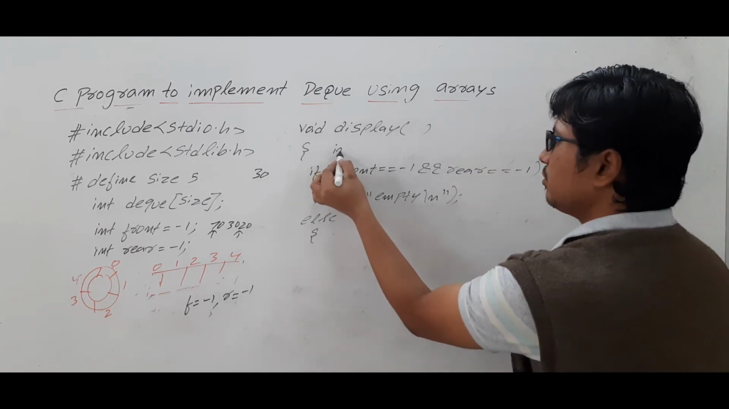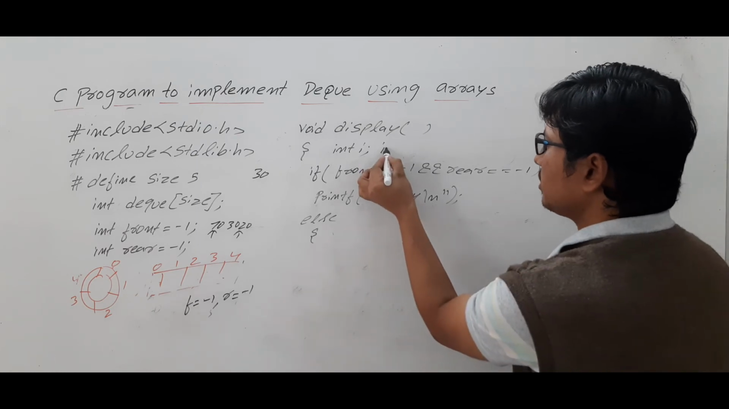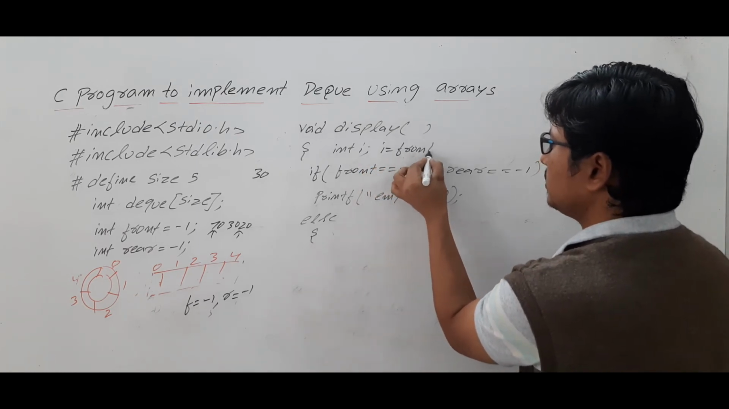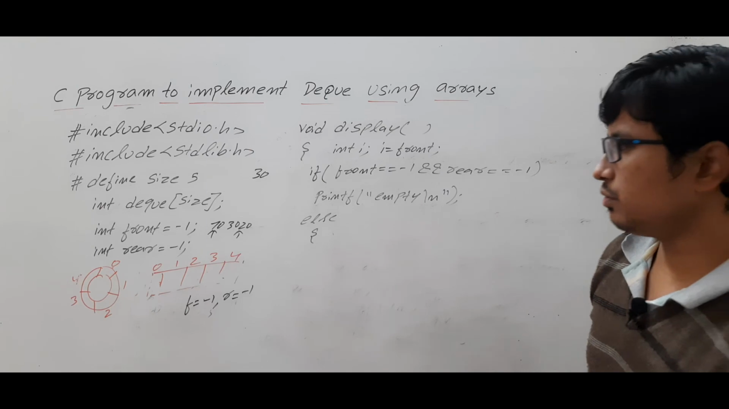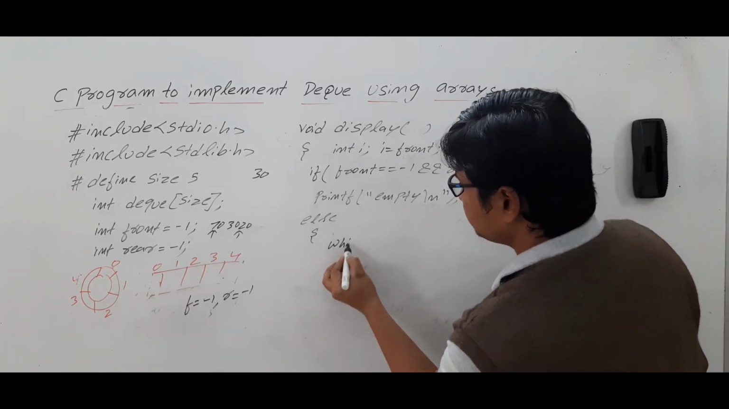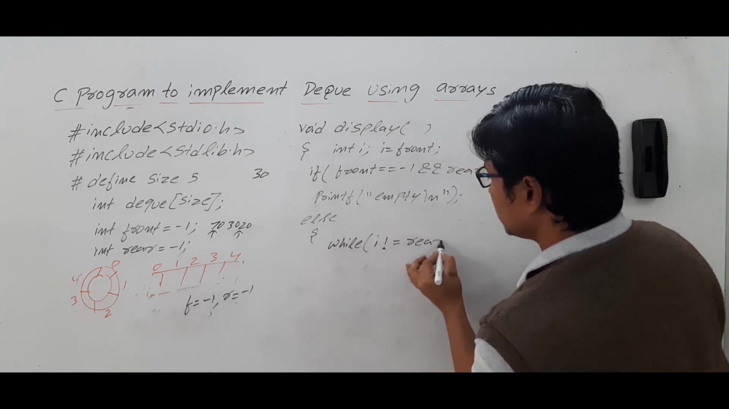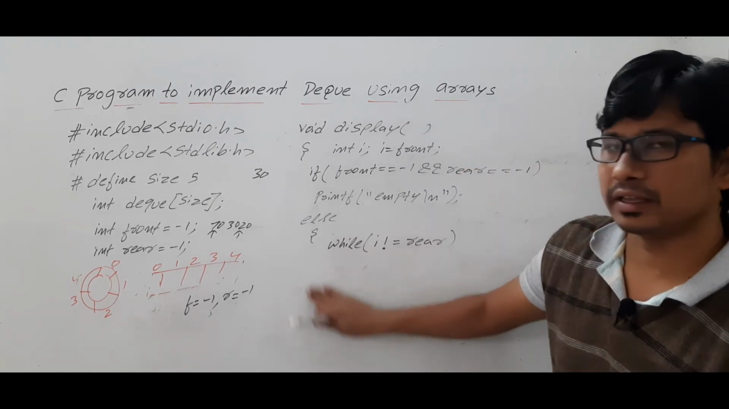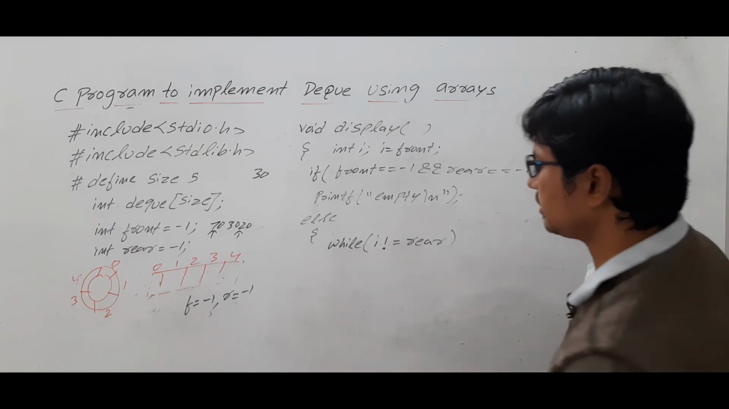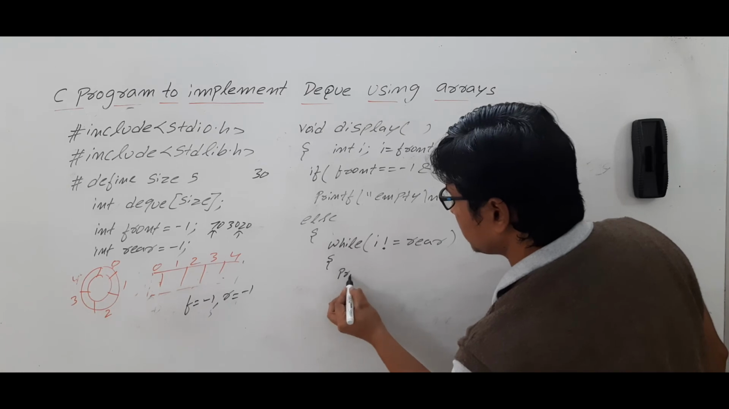We will declare a variable called i. Then we will assign i is equal to front, because from front to rear we need to display the elements. Then while i not equal to rear, meaning if front is not equal to rear, then we need to display the elements. So printf